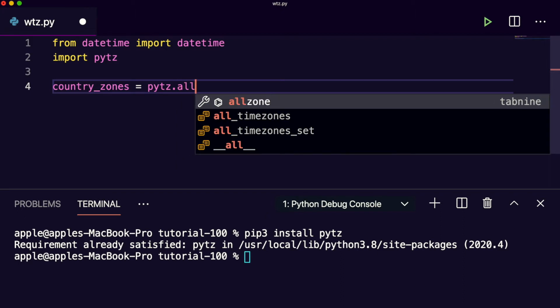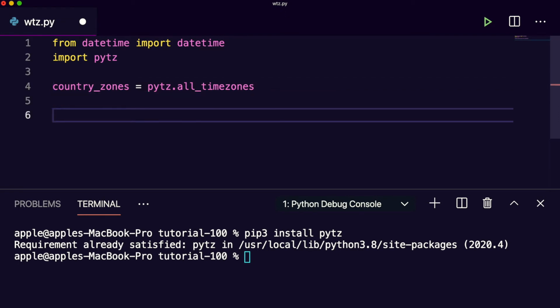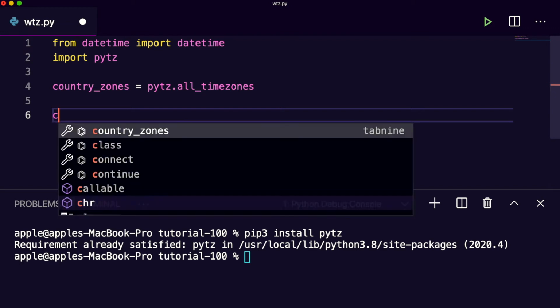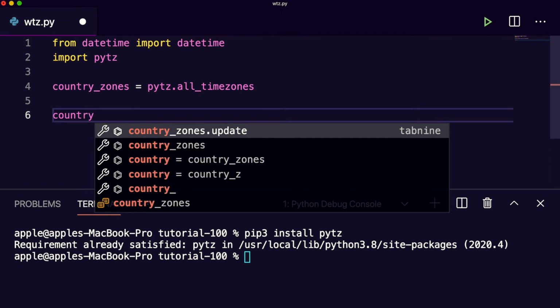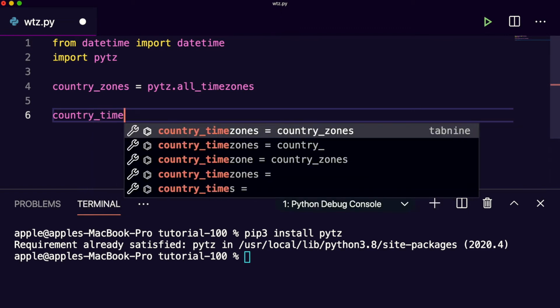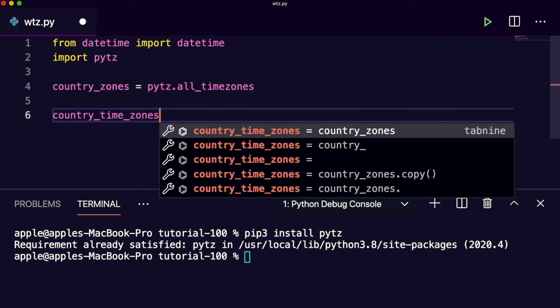You could create a custom array of this, but we can get it using this function. Now let me write country_time_zone. Let's take an array so we can append all the time zones here.